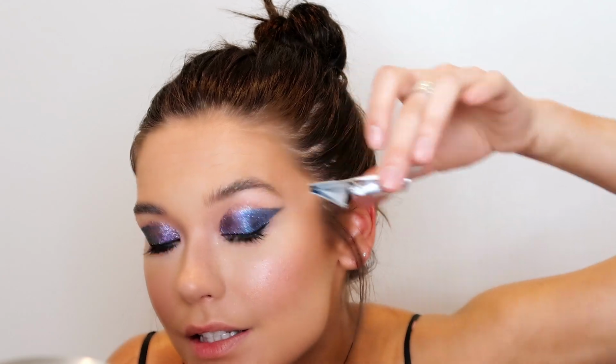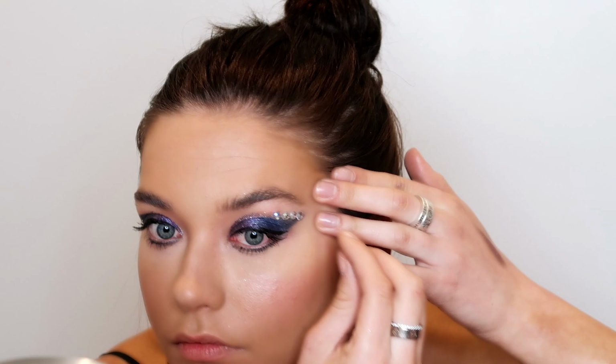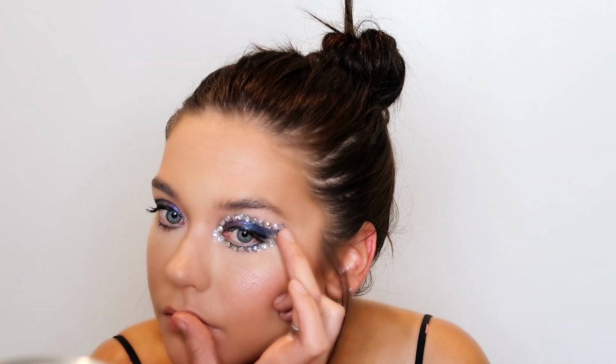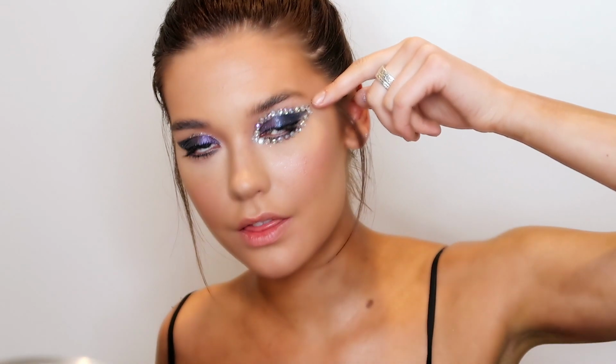Curling the lashes and putting mascara on, we're gonna prep for these bomb false lashes. I am a bit nervous for this part. I'm gonna glue these little rhinestones on my eyes. Got these from Joann's. This is gonna be like surgery. So I'm going to add another rhinestone here and then another one at the end just to exaggerate the cat